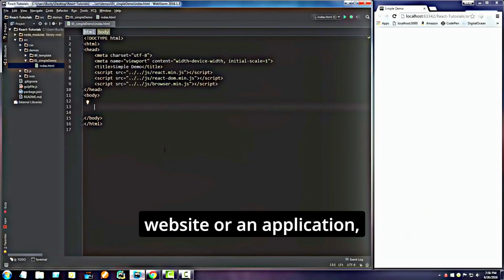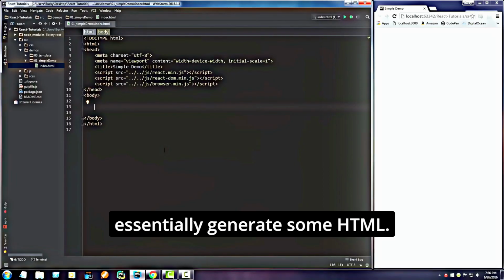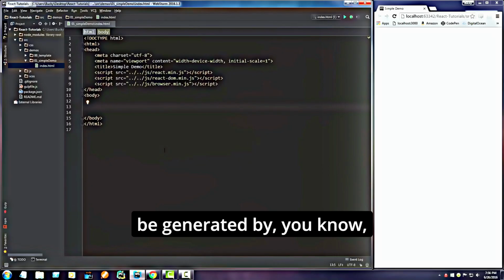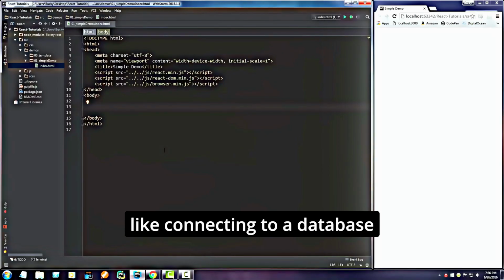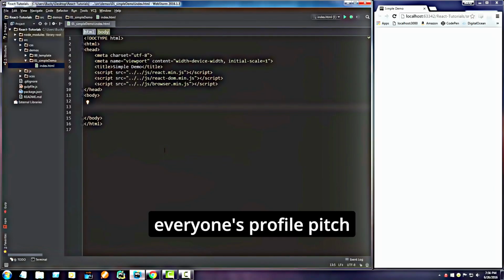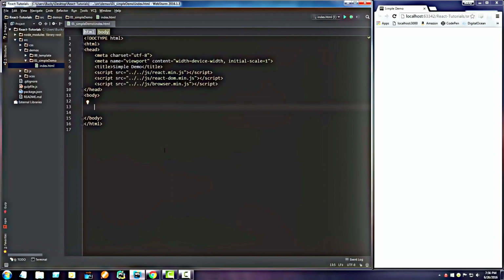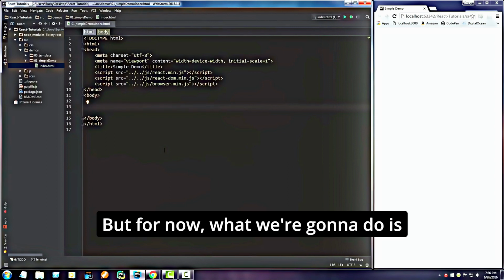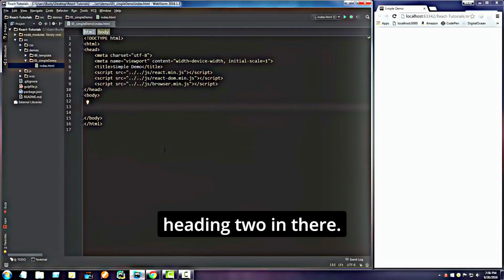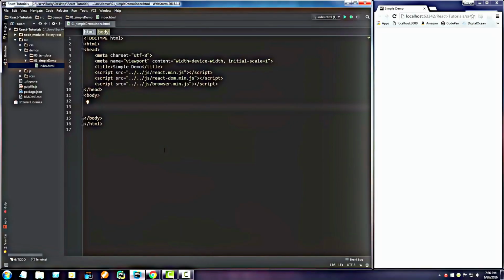whenever you make a website or an application, you're going to use React to essentially generate some HTML. Now, usually this is going to be generated by doing something fancy like connecting to a database or some API, like getting a list of users and then generating everyone's profile picture or username or something. But for now, we're just going to throw in a heading 1 or heading 2. And essentially, whenever it generates this HTML, we need